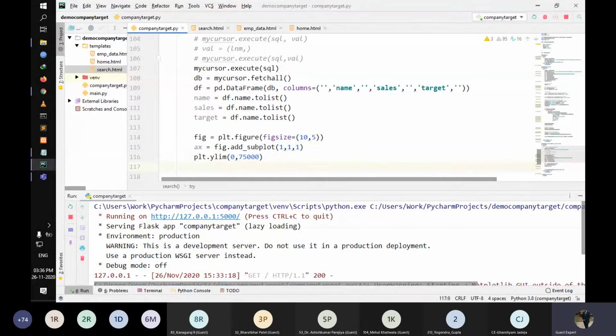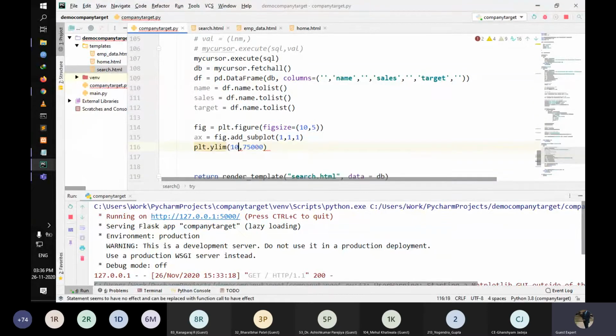So you can limit it from 0 to 75,000 as per your requirement. So you can increase. If your data starts from, let's say, 10,000, you can just write 10,000 here, and we'll start with 10,000 instead of 0.